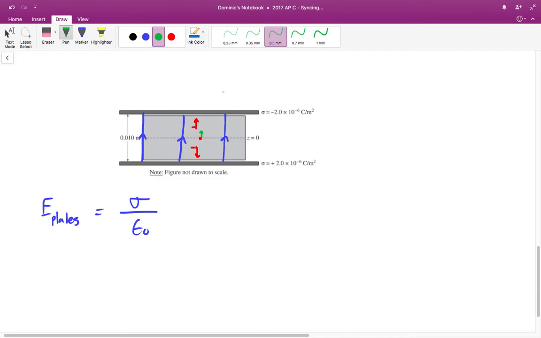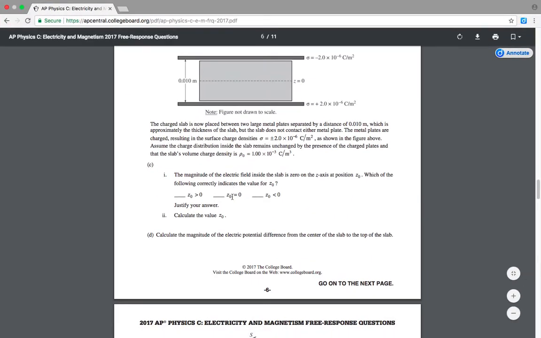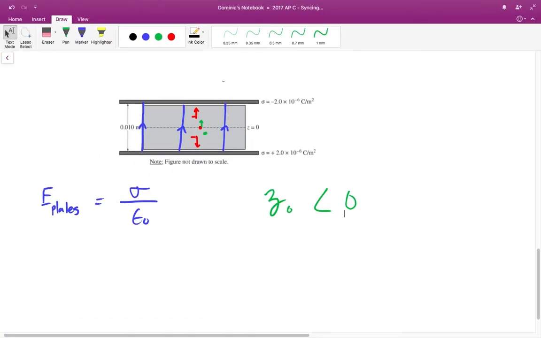And so what that means, if I go higher than z equals 0, then it's going to be even higher. But if I go below, at some point below z equals 0, so hopefully like right around here, the electric field inside of the slab should cancel out the electric field caused by the plates. Okay, and so qualitatively, we can say that z naught is going to be less than 0. It has to be less than 0 to cancel out. So for part C, z naught would be less than 0, and the reason would be,